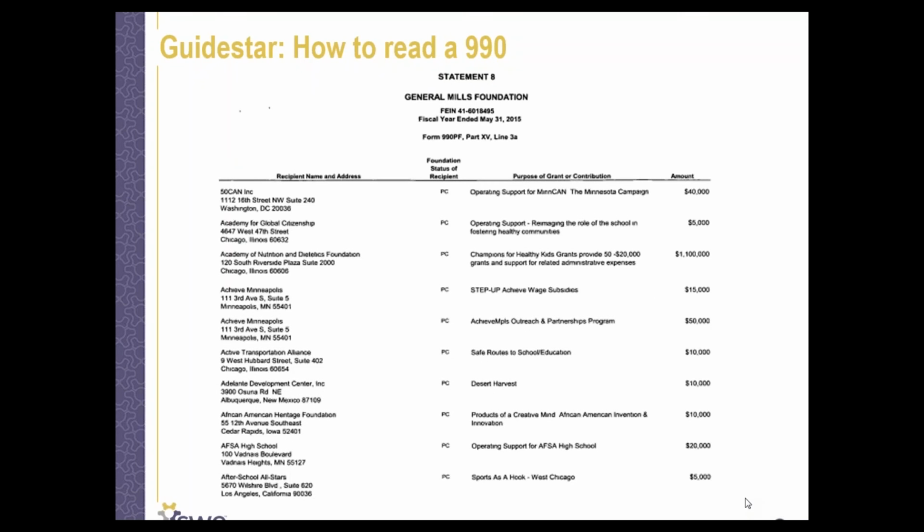Another thing that you can find in the 990 that's very helpful is a statement on all grant-making activities. All foundations, private foundations, are required to list the recipient, purpose of the grant, and the amount that was awarded in their 990 return. When you're going to approach a funder, understanding the types of grants that they've made, the amounts that they've made, and the geographic location that they've made these grants is important information to have as you approach them. So you can see under the recipient name and address, quite a few of these grants were made in Minnesota, but there are other grants throughout the country as well.